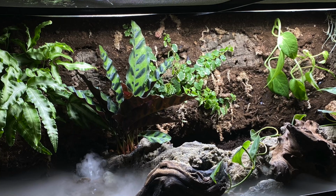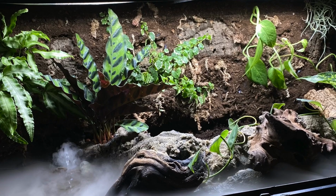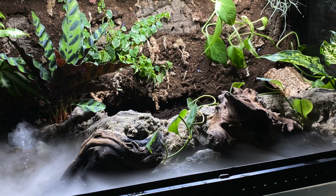So yeah, someone asked, how is Sealing? Sealing is doing really good. I set up a really awesome enclosure for Sealing actually. It's a paludarium and it's like 40 gallons, and Sealing has so much space to swim around now. The water's filtered. He has a little land area to bask in, and I filmed a video setting this up,